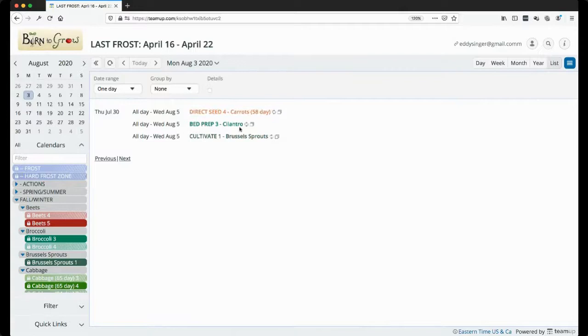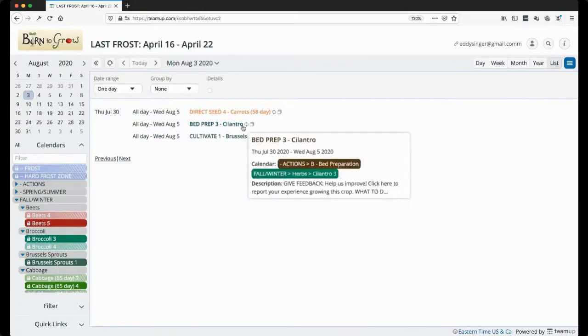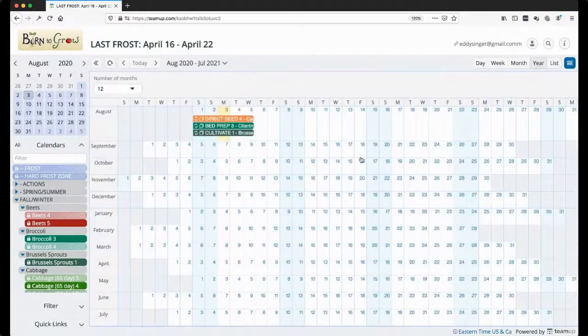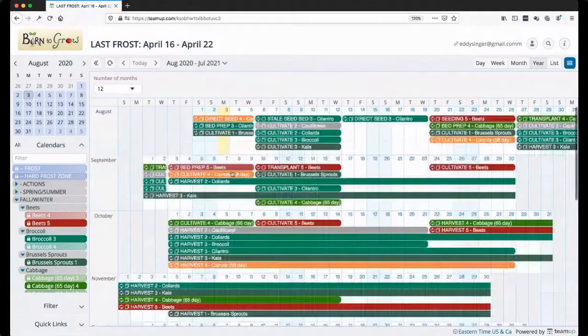You should be preparing your bed for your cilantro, making sure that it's ready, because coming up next week, you're going to be planting your cilantro. And then there's a cultivation reminder for Brussels sprouts there, right? So each week you can have that little checklist of what to do. But it gets even better than that, because